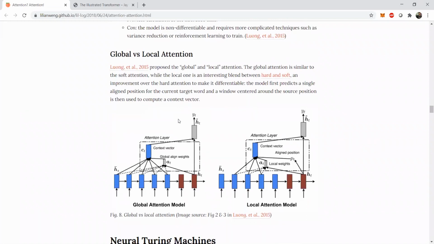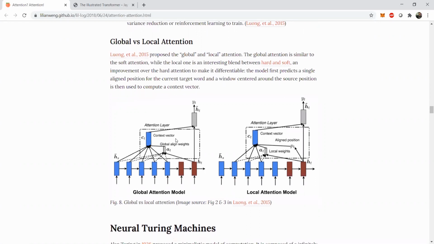Global attention and local attention are again derived from the Luong attention. The global attention is very much similar to soft attention, and the local attention is a beautiful blend between the hard and the soft attention. In the image that we see, we are computing the global weights by taking all of the hidden LSTM cells, H1 and so on. We are not abstracting a single weight uniquely; we are collecting all of them together. And then we create the context vector as usual, doing the dot product to get our context vector.